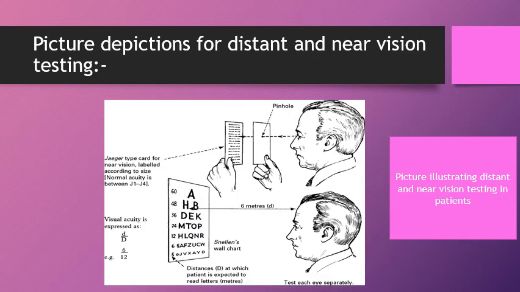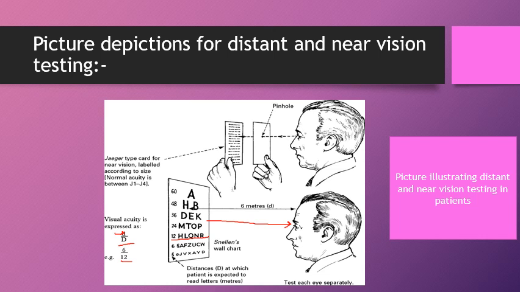After we check one eye, we ask the patient to close the other eye and then we check the visual acuity of the other eye. In this diagram, the bottom figure represents the distant vision, where this patient is at 6 meters and we are seeing his visual acuity. Here the small d represents the distance at which the patient is seated, that is 6 meters, and the capital D represents the last line where the patient is reading the letters clearly, that is 12. So his visual acuity becomes 6/12.